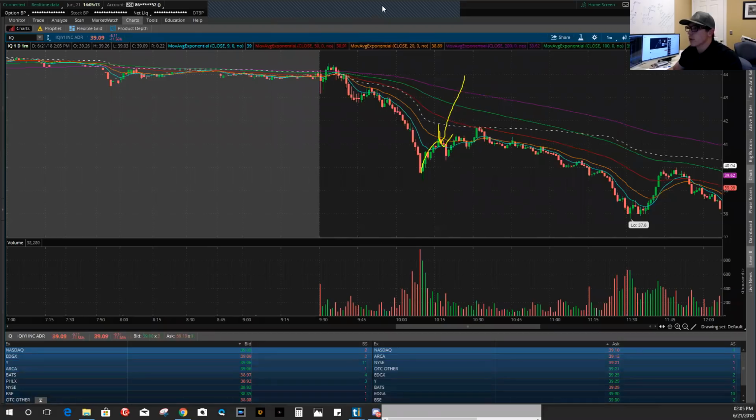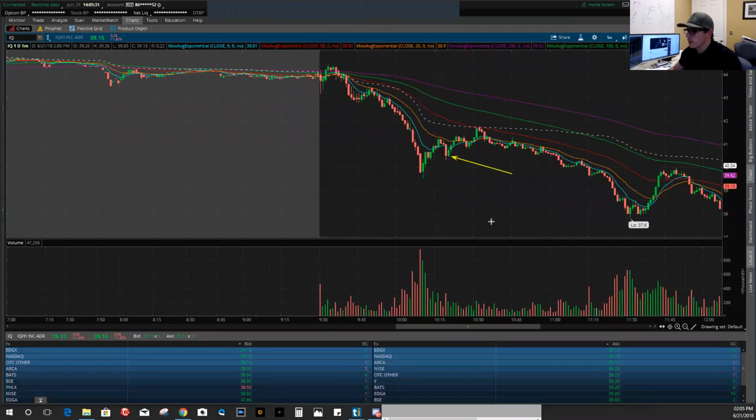That's actually a really bad explanation. Let me take a step back. Let me do it this way. Everybody adds in short right here for a retest of the low. And if it does not break down, all those new short sellers that pile in right here, they get squeezed out. So our next trade was another long bias trade where we entered long on this green candle